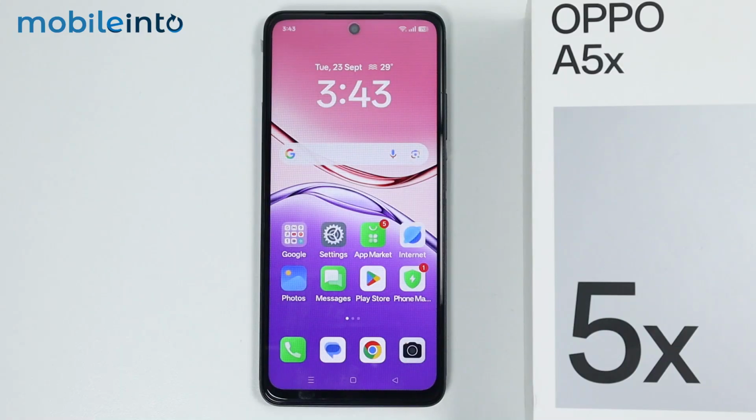Hey, what's up guys? So in this video, we will see how to hide apps in dialer on the Oppo